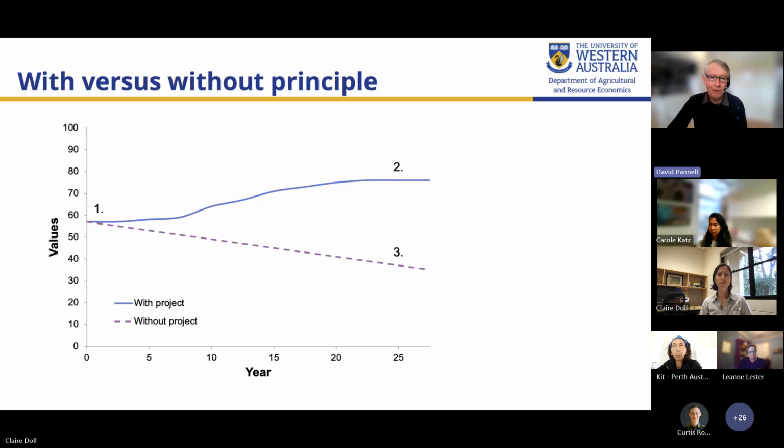I'm going to run through a few principles and concepts related to benefit cost analysis so you can get a sense of some of the depth of thinking that lies behind it. The first one is what I'm calling the with versus without principle, which is just the pretty simple idea that in trying to work out what benefits have arisen from a project, it's important to compare what you anticipate will happen with the project compared to what would have happened if there was no project.